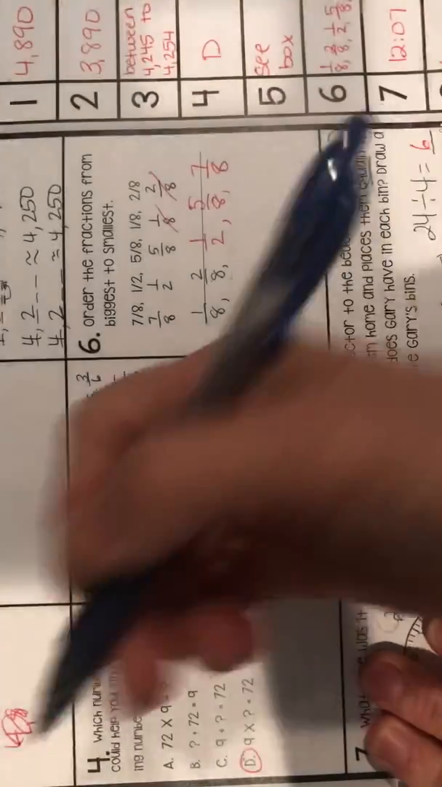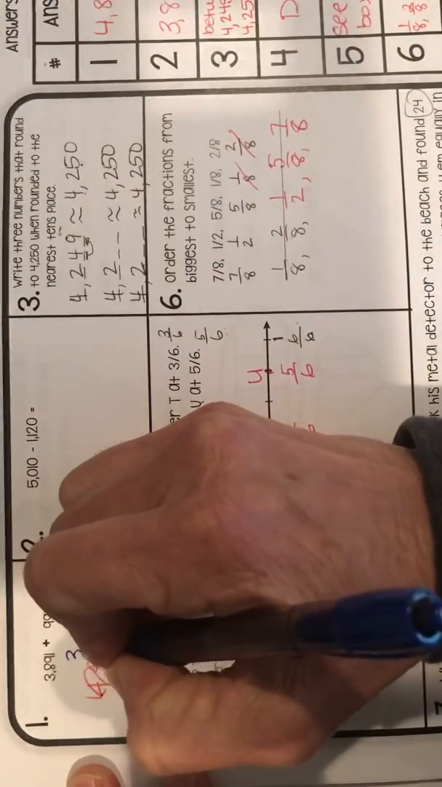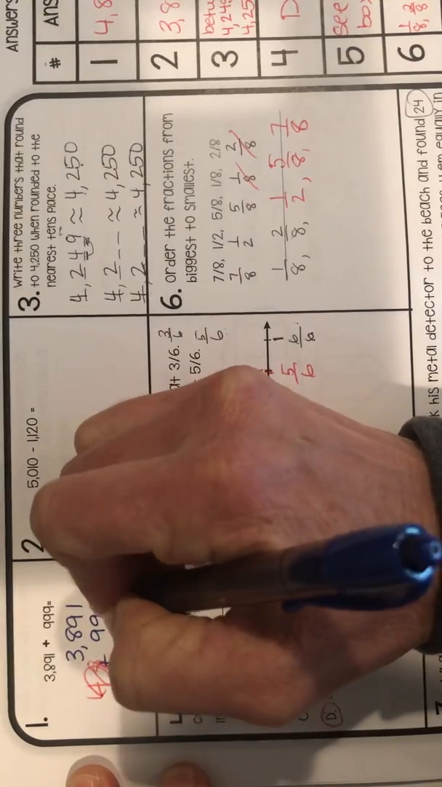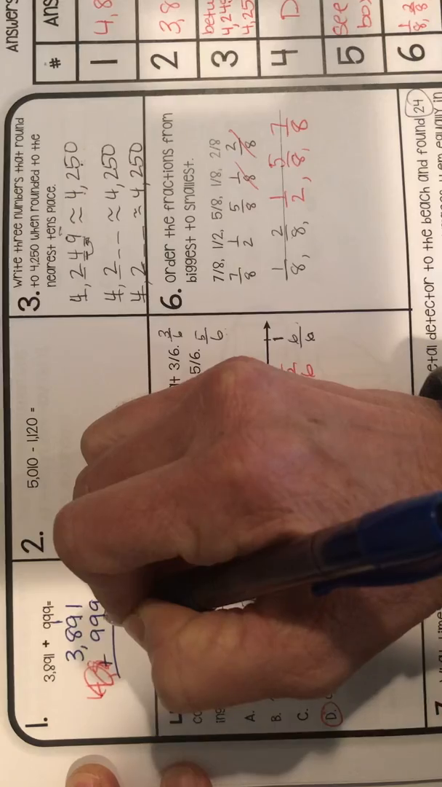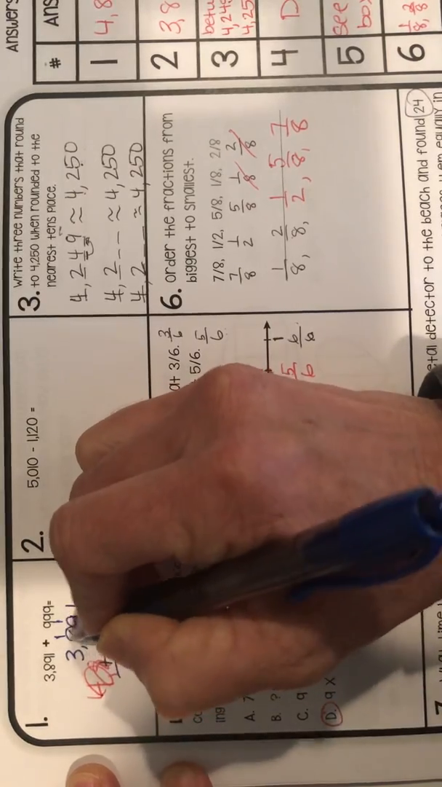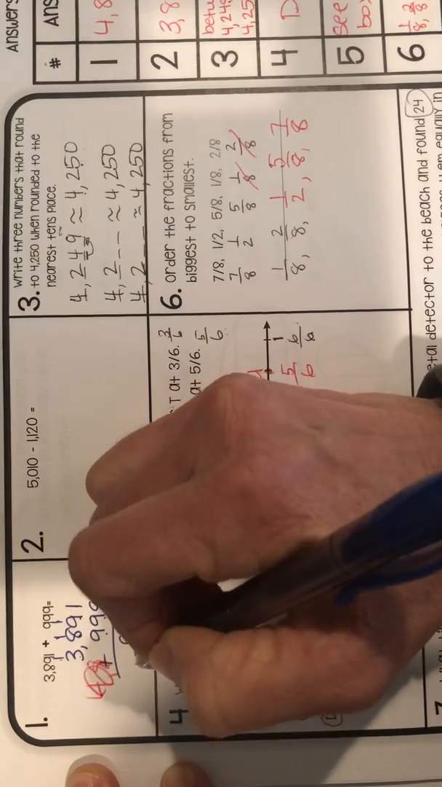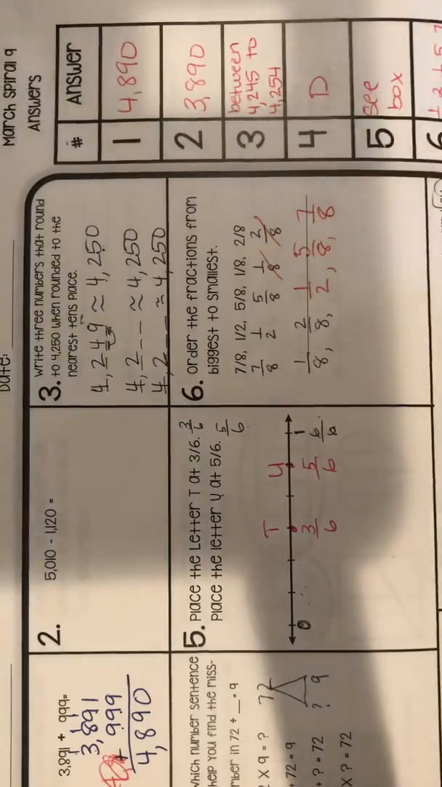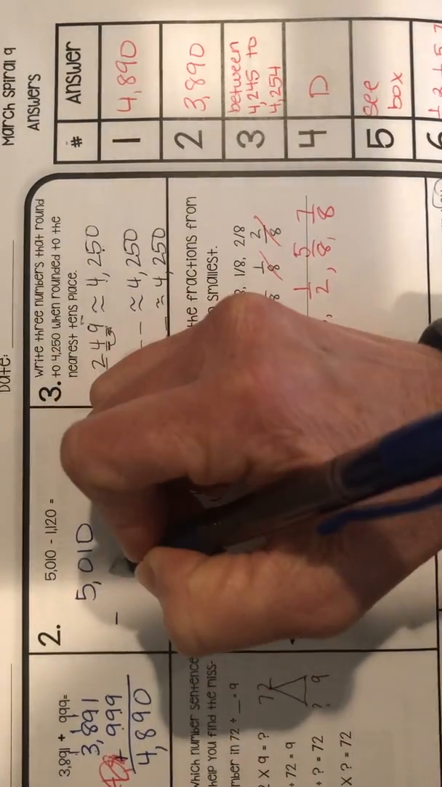Okay, so to add, we have 3,891 plus 999. We have to make sure we line up our columns. That's 10. That's 10 plus 9 is 19. And 9 plus 9 is 18. And 1 plus 3 is 4. Okay? And then for subtraction, we want to do 5,010 minus